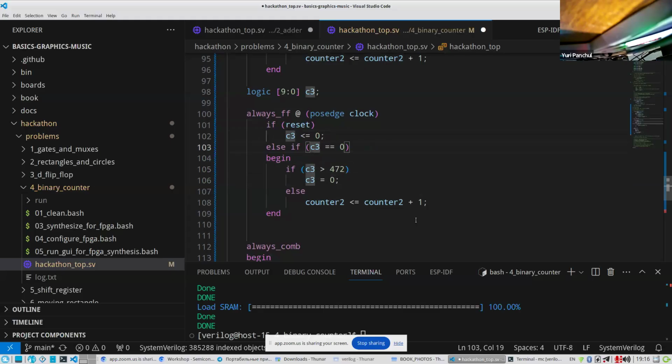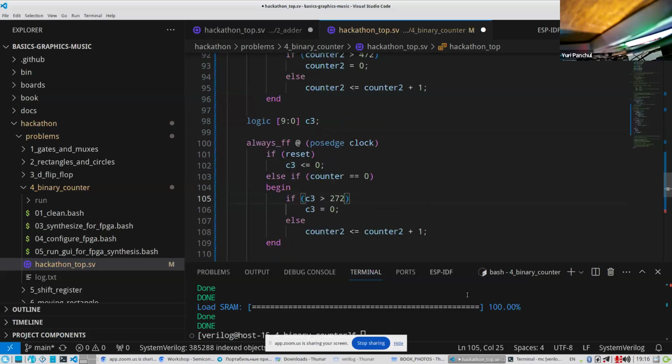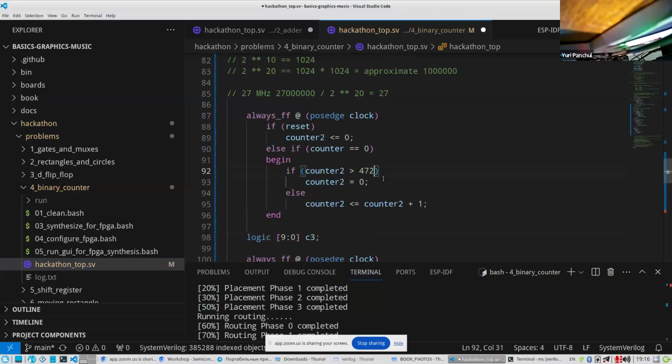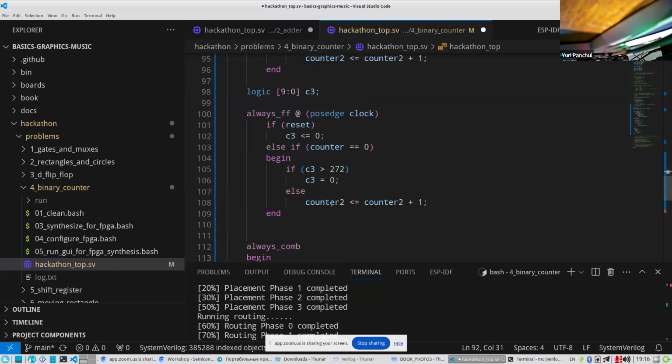Oh sorry, this was actually a regular counter. So if you have a regular counter to 0, and if C3 is more than like 200, this was actually 272. The width of the screen was 480. 480, 272.